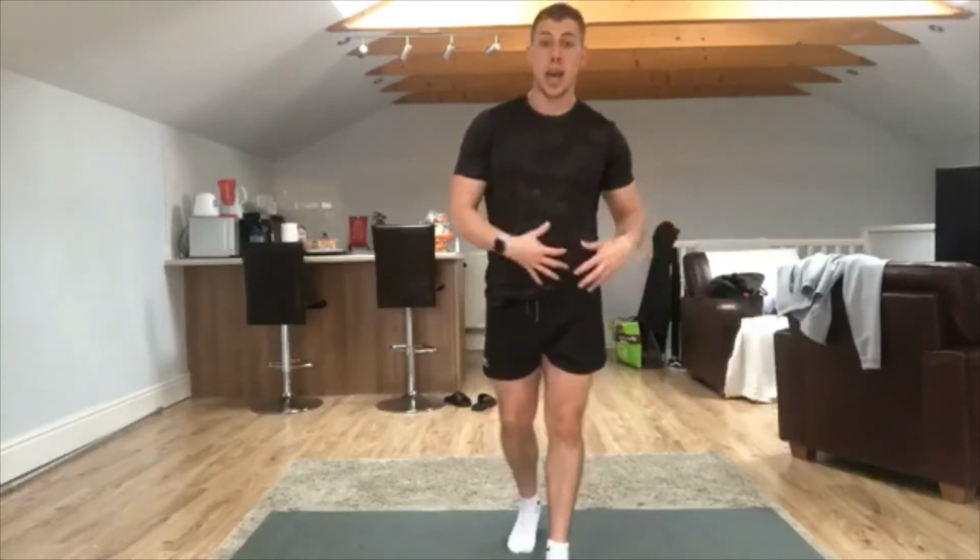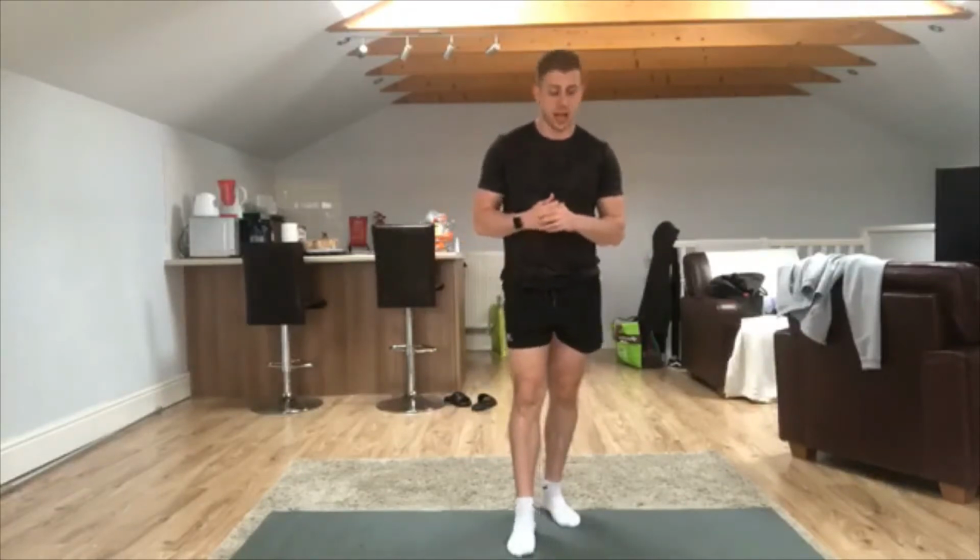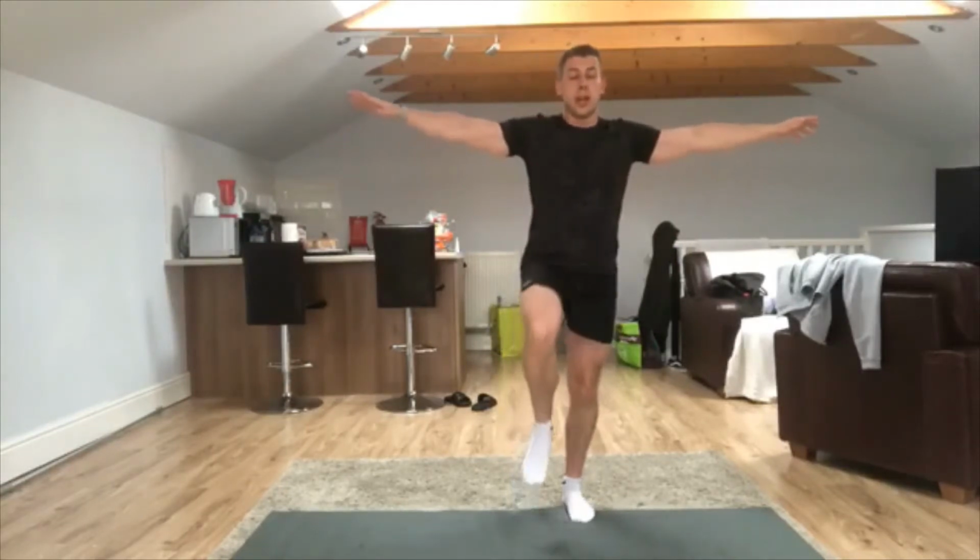That then is going to make all the stabilizer and fixator muscles around the ankle, the knee joint and the hip, and also your core as well, have to work a lot harder to keep your balance. Alright, and you'll see how much difference it does make having your eyes closed in a second. So, get into that position, back to the first exercise, transferring that body weight from right to left. Alright, 3, 2, 1, close the eyes, no cheating, no peeking, off we go, lift,